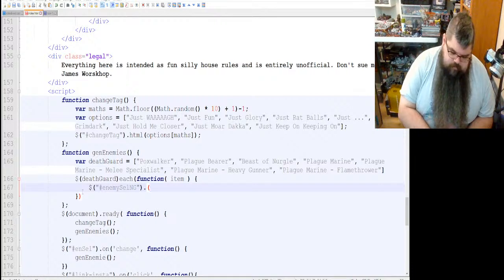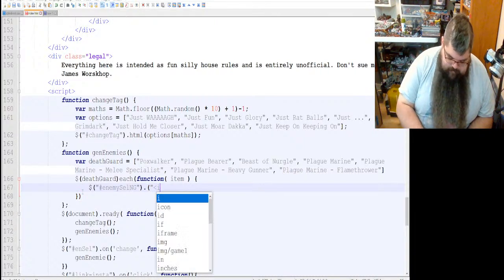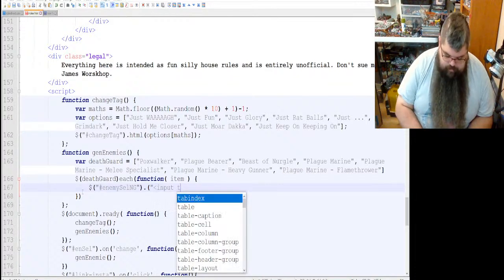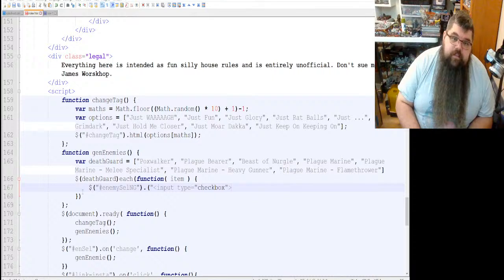So how do we want that element to look? So I think it should be input type checkbox like this, and then I need a label for it.